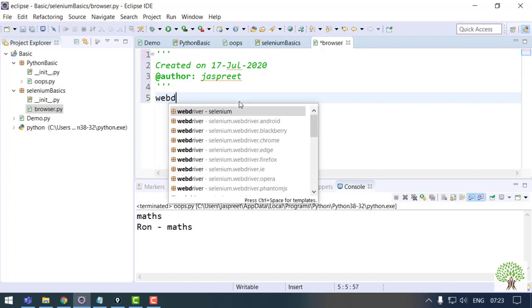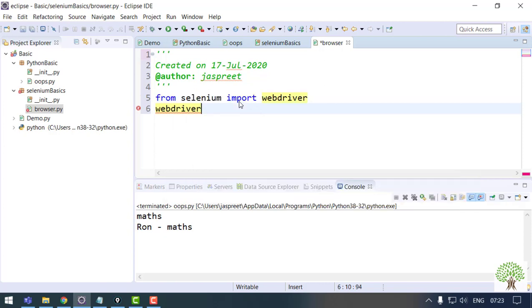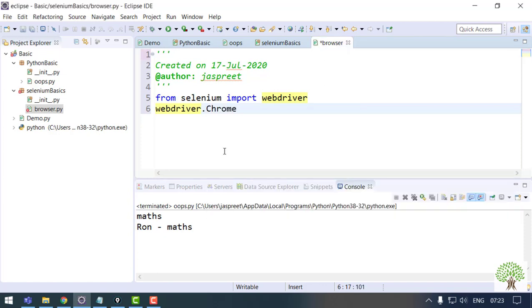So for that, I'm importing the WebDriver class that I've just shown you. That will be imported from the package itself, whose name is also WebDriver. In this class, there are different functions which are going to help you to instance the browser. Like if I want to go to the Chrome browser, you just need to click on this Chrome. That's it.